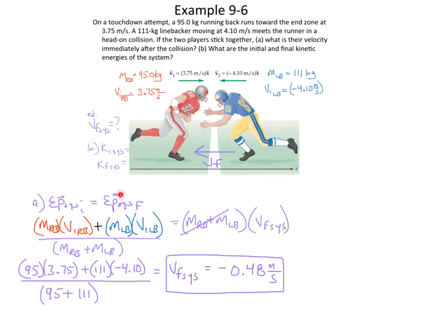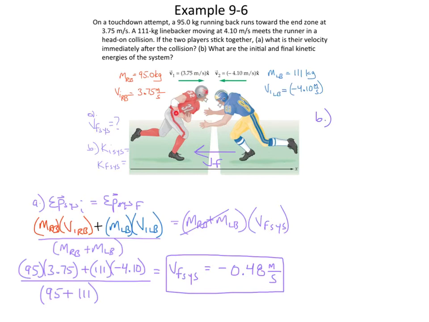Let's solve for the initial and final kinetic energies of the system, and then we'll be done. Okay, so for part B, what is the initial energy of the system? Well, each of these guys has energy. He's got mass and velocity, and since kinetic energy is not direction dependent, the total energy of the system